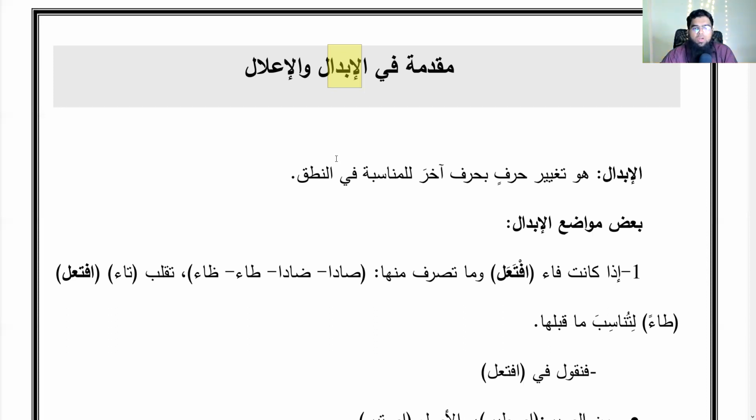Then he talked about verbs. He said we only talk in sarf about the af'al mutasarrifa, which are those which conjugate. You have madi, past tense, you have mudare, you have amr, ismul fa'il, ismul maf'ul. We are not talking about af'al jamida. Okay, so this is what we call our scope, mawdu' ilm al-sarf, the scope of ilm al-sarf.